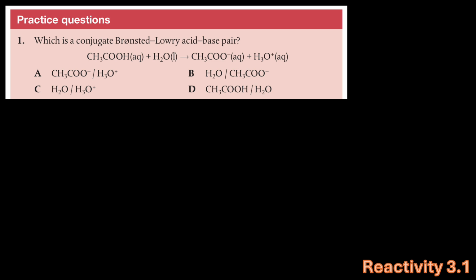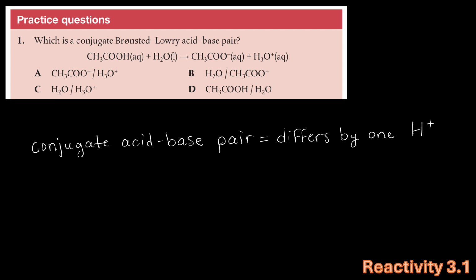So when something is asking for a conjugate acid-base pair, it's either asking for the acid and its conjugate base or the base and its conjugate acid. Now, the easiest way to identify this pair is it only differs by one proton. Looking at these answer choices, it's clear that the only pair that differs by one proton, or an H+, is